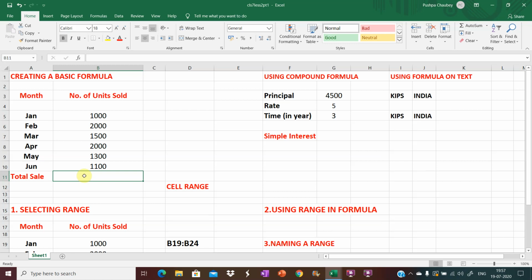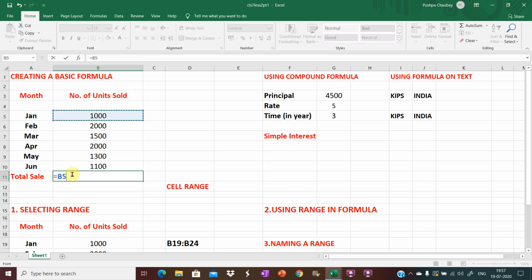Type equal to symbol. Click on cell B5. A dashed border will appear around it and its address will appear in the cell B11.